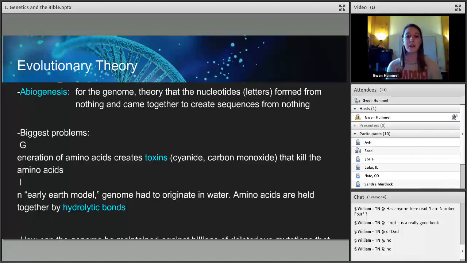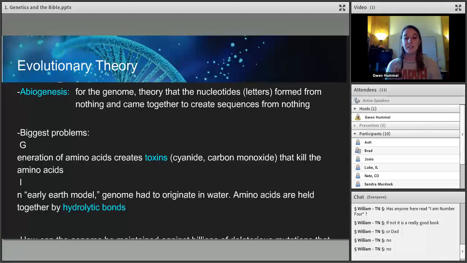And in the genome, we have to remember that all of those little pieces, so our letters, our words, our books, and our library, had to have all come together from nothing. So some of the biggest problems, slide got a little messed up here, but some of the biggest problems are that the generation of amino acids actually creates toxins, toxins like cyanide and carbon monoxide, and this actually kills the amino acids if we're building them